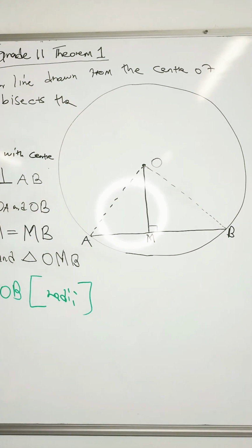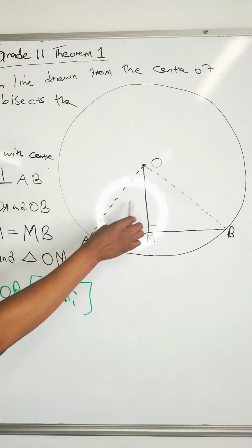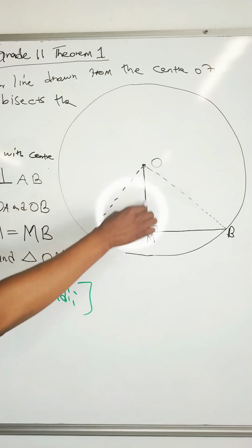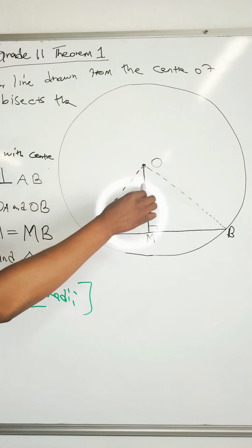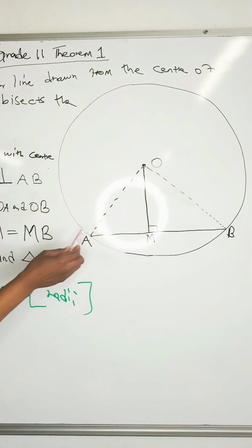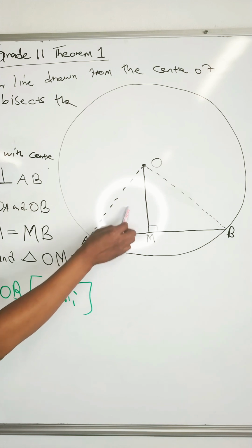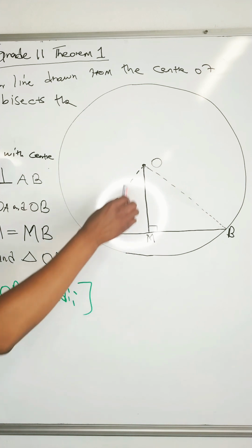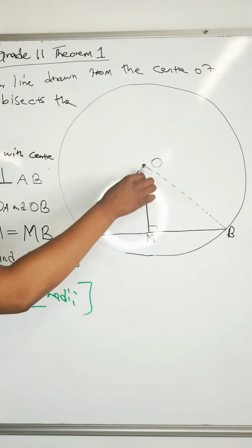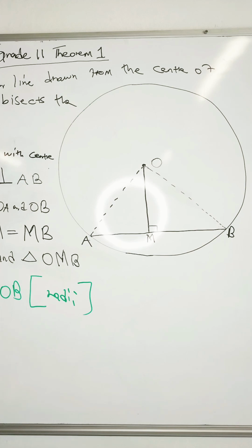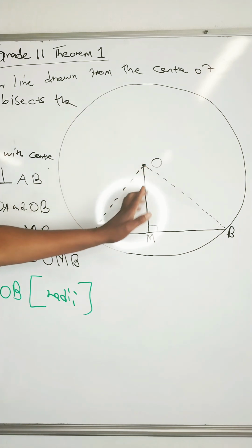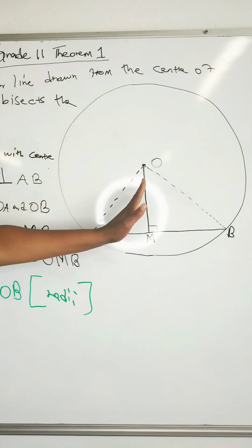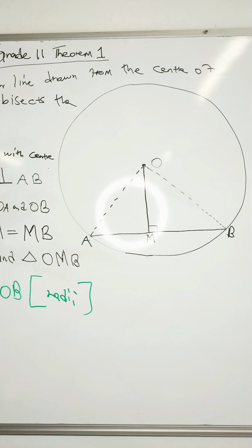Right, if you can check, these two triangles are separated by one side. Can you see? They are two triangles but separated by one side. It's like you at home, you belong here. Your neighbor belongs here. And then you share what? One wall. So, in other words, this side is equal to that. If you can cut this here, you will see that this is equal. So, in other words,